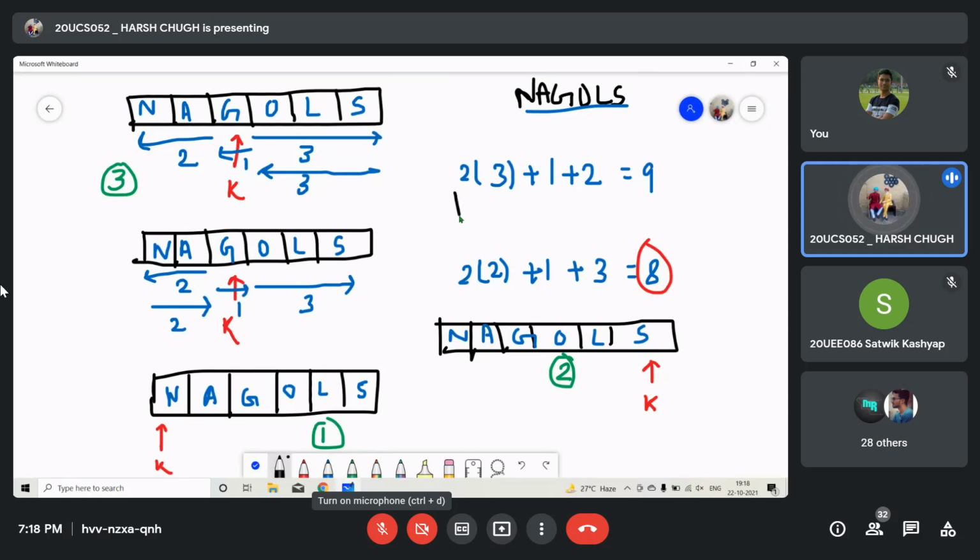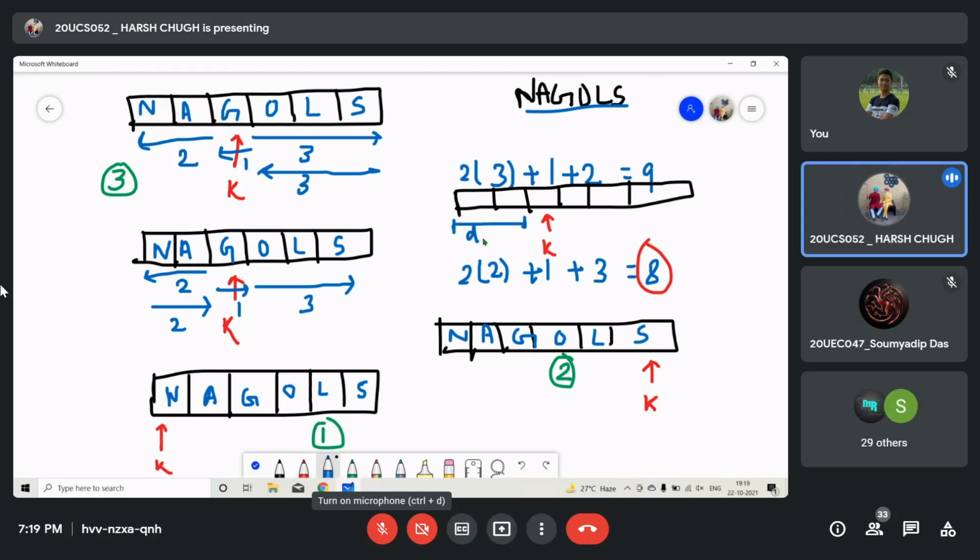So for that case, what you can do is, let's say our initial array is this and our k is stuck somewhere in the middle, it's not at any extreme position. So you can take this distance and you can take this distance, whichever is minimum we will choose that, because this is favorable, we have to take minimum steps.